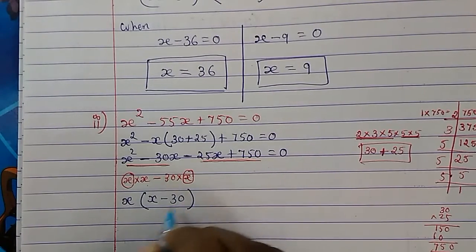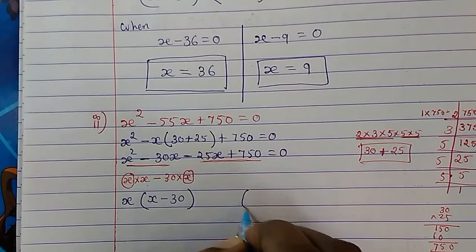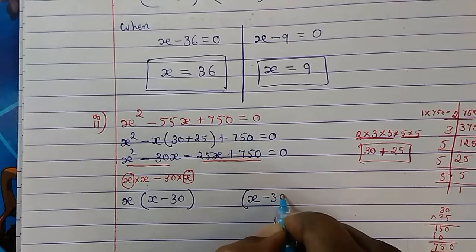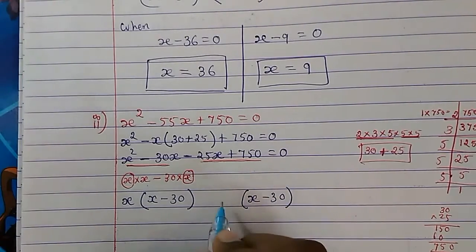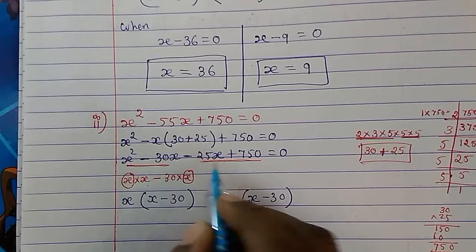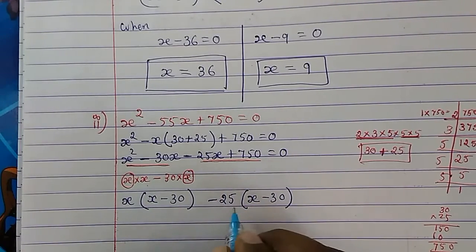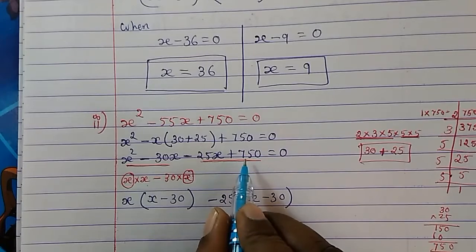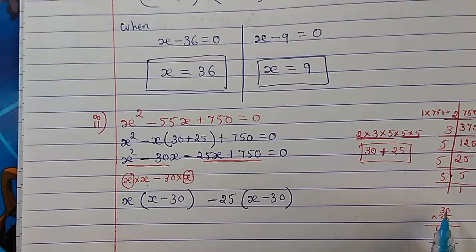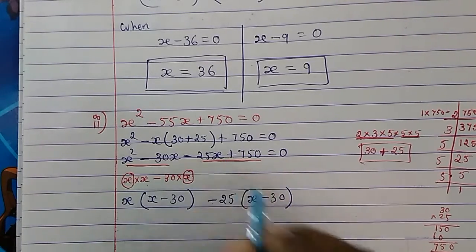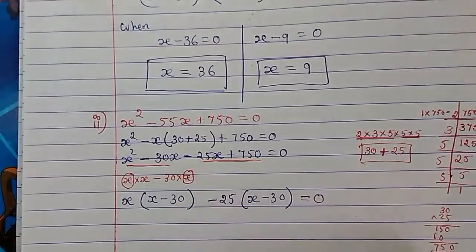Okay. So now in the same way we have to do here also. For that, the easy method is what is here in bracket, the same thing you write down, because mostly it comes like this only. So now which number will we write so that we get this number? Here 25 is there, here only x is there. So let's write down 25, and here minus is there. So minus 25 into x will give us 25x. Now 25 into 30 gives us 750, because yes, when we multiply 25 and 30 we got 750. So this is correct. Then minus into minus will become plus. So we are on the right track.